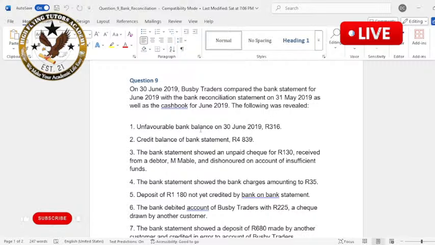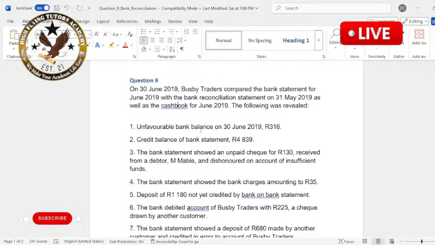This is question 9. This question is also in the textbook, but it is the old textbook question. It is question 9 in your textbooks, though I'm not sure of the page if you want easy access to it. Okay, so it says: on the 3rd of June 2019, Bus Buy Traders compared the bank statement for June 2019 with the bank reconciliation statement on the 31st of May 2019, as well as the cash book for June 2019. The following was revealed: